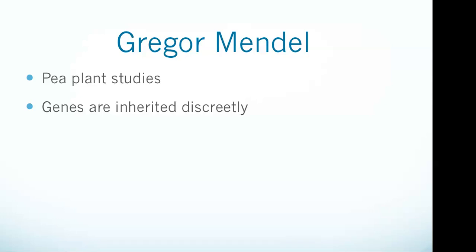He published his work in 1866, demonstrating the actions of invisible factors, which we now call genes, in predictably determining the traits of an organism. Mendel is considered the founder of the science of genetics. Again, I would guess that you guys are pretty familiar with everything I just said about Mendel as well as Darwin, but certainly it's something that can show up on the test, and so it's worth us covering it here for a second.